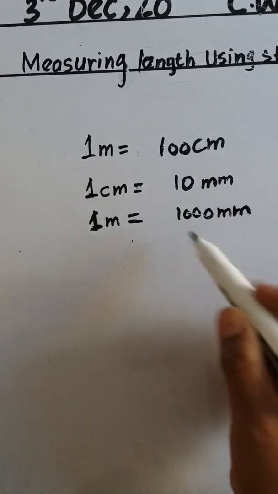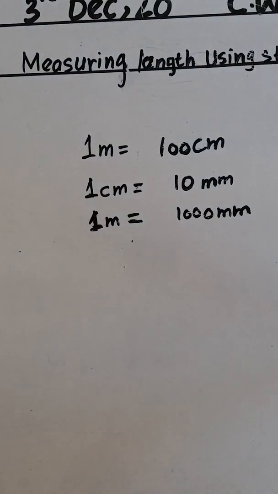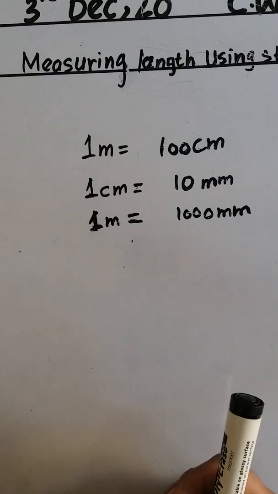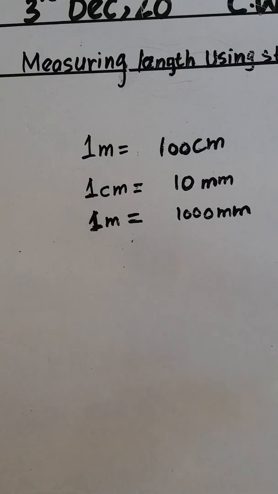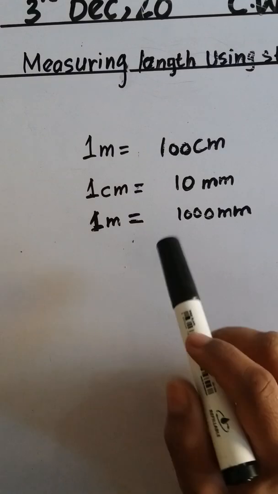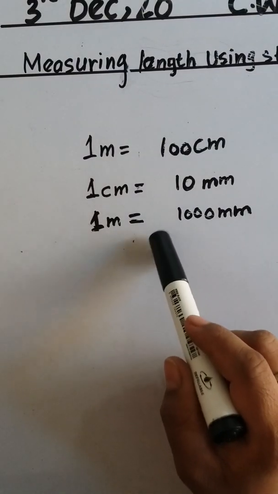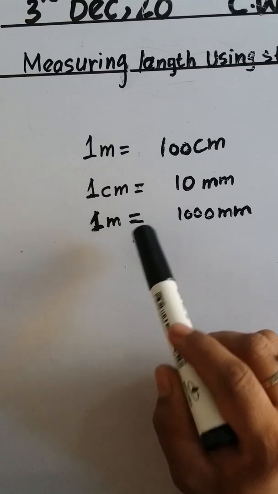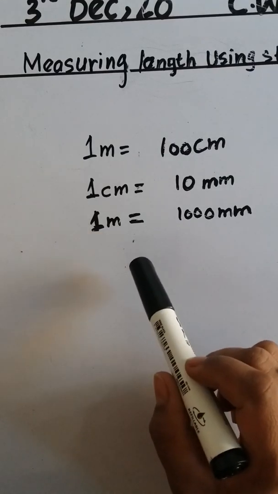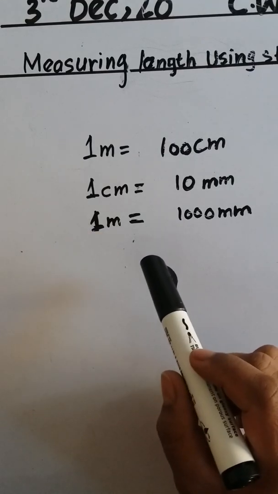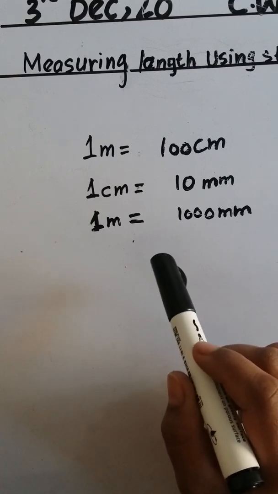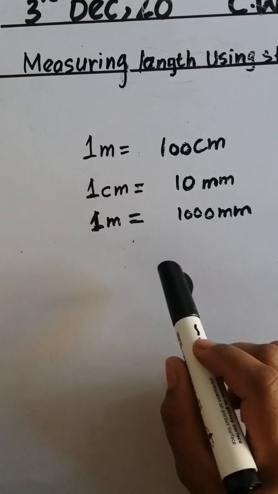Okay, grade 1. These are the 3 standard units that we can use to measure the length of different objects. It is very important that we choose the right unit for measurement. Okay, we need to choose the right unit for measuring the length of different objects. Grade 1, as you know, we need a measurement scale.